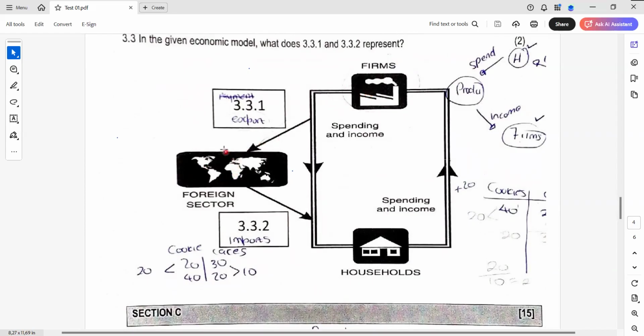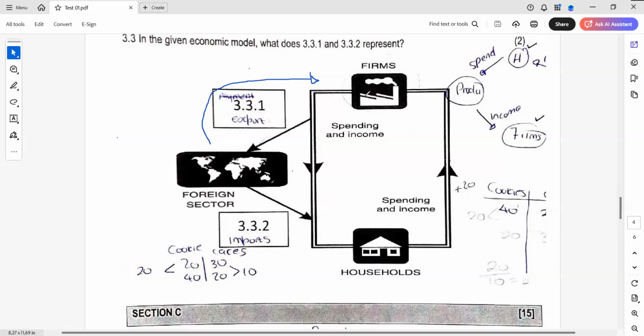So we know that from the foreign sector, the firms will provide exports to the foreign sector, right? And in exchange, the foreign sector will do what? Will pay the firms for what? For their exports. Right. So one person may write 3.3.1 represents exports of goods, or you may write that 3.3.1 represents the payment for what? For imports, because